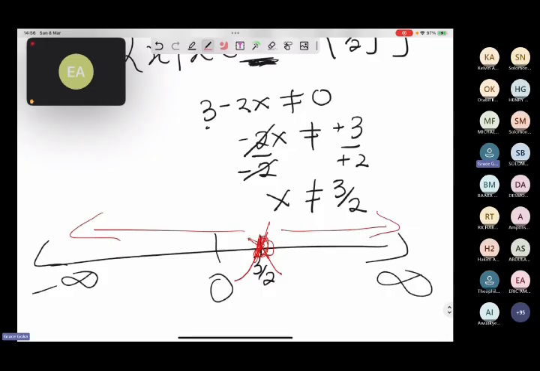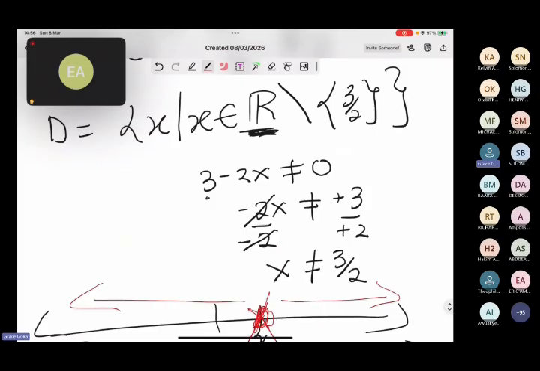Is that one clear? So pick the denominator and make it not equal to 0. Whatever you get becomes the exception. And the exception is to write it as: x must be in the set of all real numbers except 3/2. And like I mentioned, please do not write the word except. Do the backslash, which means subtraction. It means except. Put the number that you get in a set form,